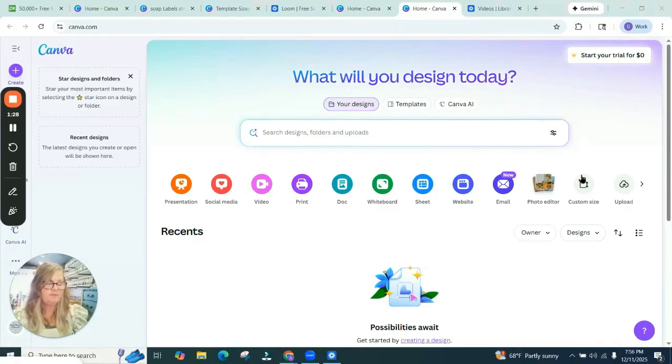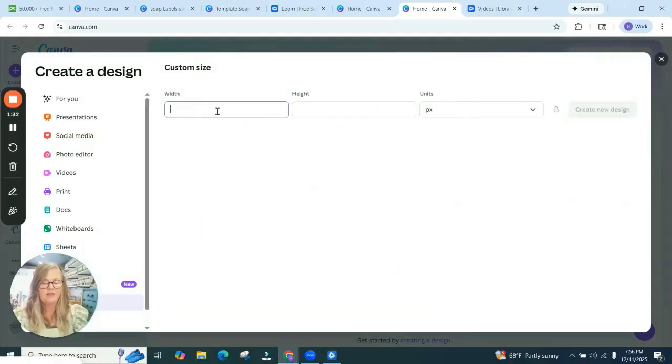Now I'm going to give you the template for this so you don't have to, but I want you to know what I've done. So I'm going to create a custom size. I'm going to do the traditional size of printer paper. When I print my labels, most of my labels are done where the width is 8.5 and the height is 11. This is inches. 8.5 by 11